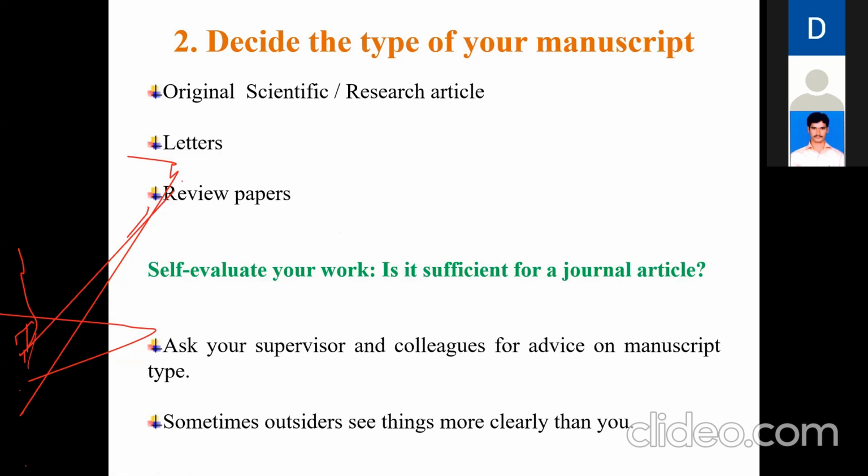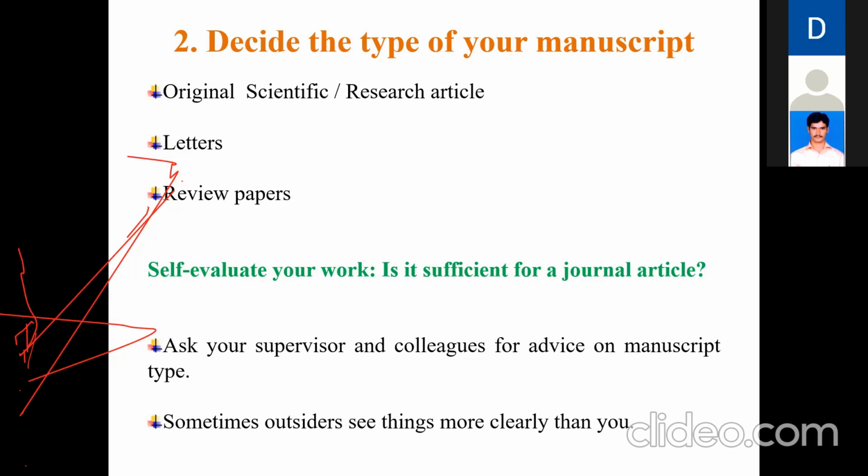Right? Then you have to decide your manuscript. What type of manuscript are you going to write? It is like having the story and the screenplay, and having decided the technical features of your film also. Now you have to decide what type of movie you are going to make: a period movie, a commercial movie, or some art movie. Like that, here also you have to decide your manuscript.